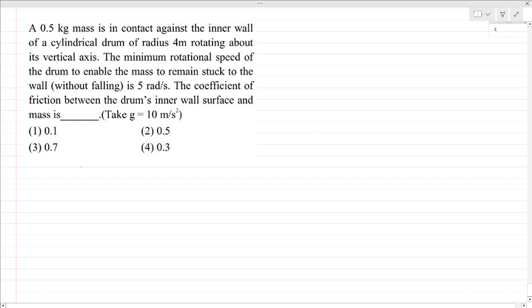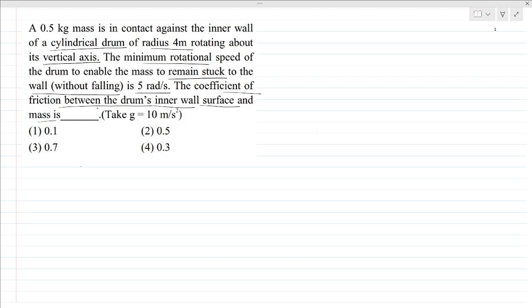A 0.5 kg mass is in contact against the inner wall of a cylindrical drum of radius 4 meter rotating about its vertical axis. The minimum rotational speed of the drum to enable the mass to remain stuck to the wall without falling is 5 radian per second. The coefficient of friction between the drum's inner wall surface and the mass is? So that means here